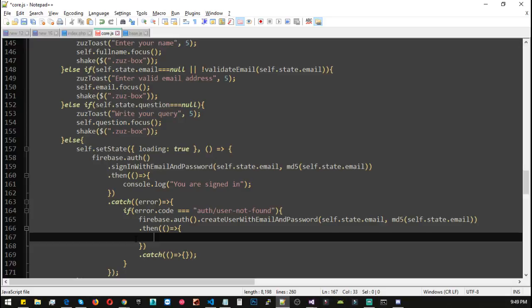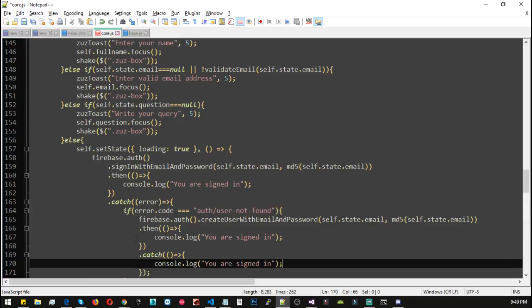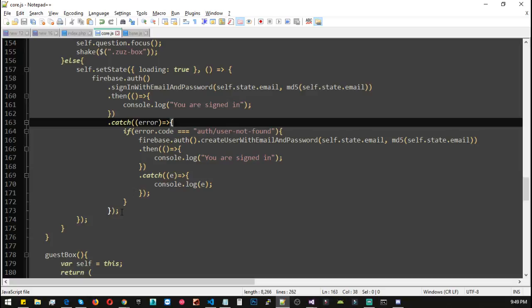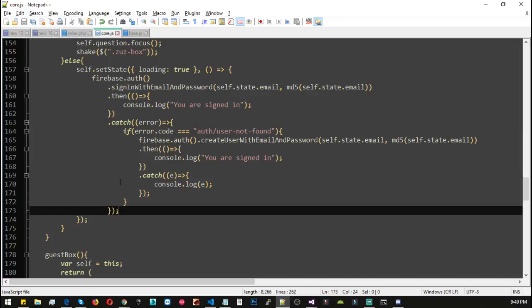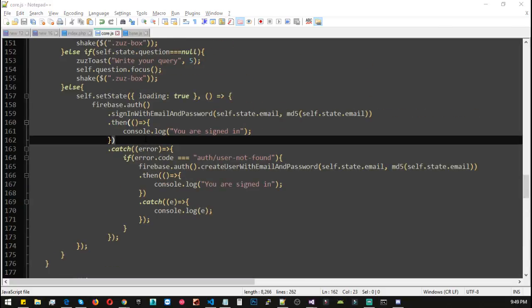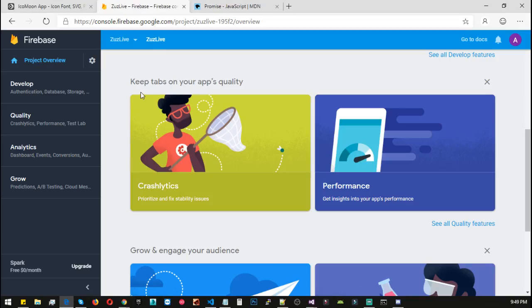And we need to call, or let me copy it quickly and paste here. And in the error, let's use the console.log e. Let's save it. Okay, let's move on and go back to our domain and reload. And inside the Firebase app, we should,